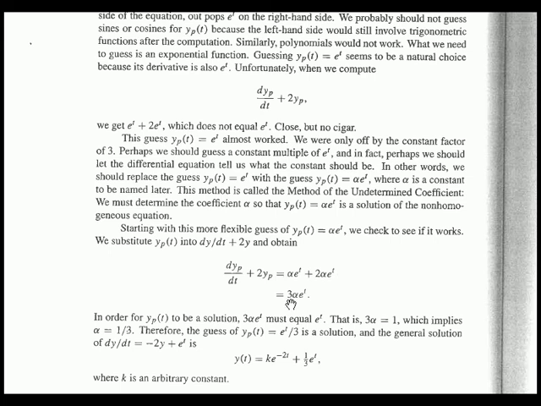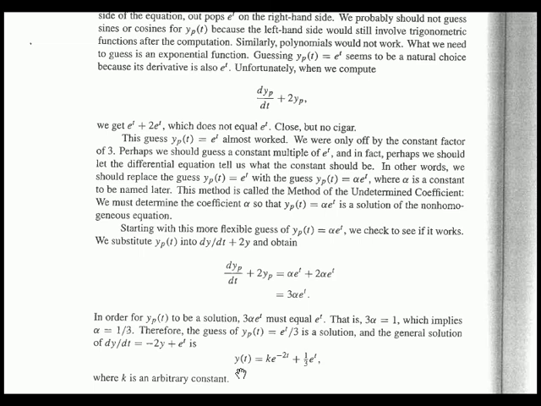And remember, we want that to come out to be e to the t, so 3 alpha has to be 1, therefore alpha is 1/3. Therefore our particular solution, alpha is 1/3, is 1/3 e to the t. That's our y sub p, and that's our general solution of the homogeneous equation. So there's the complete solution, and now we're ready to plug in the initial condition, if there is one, to